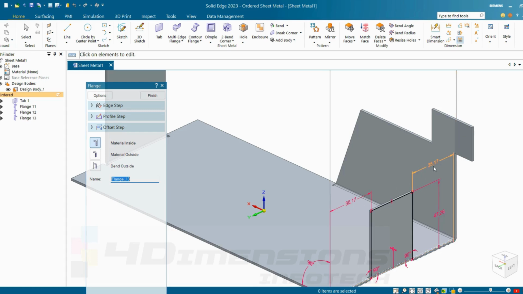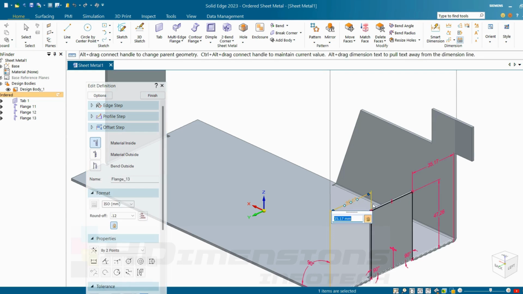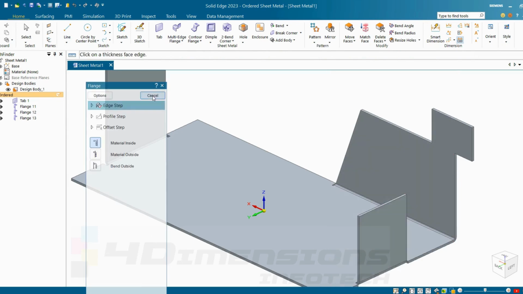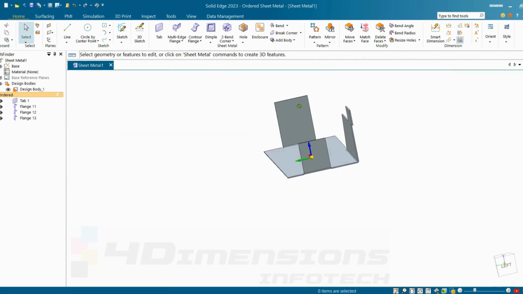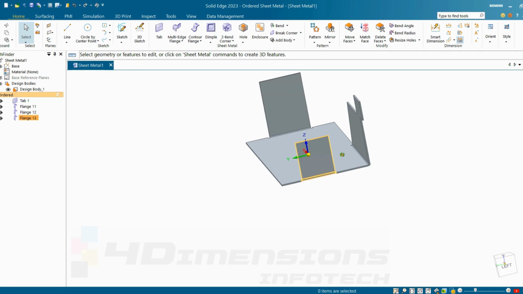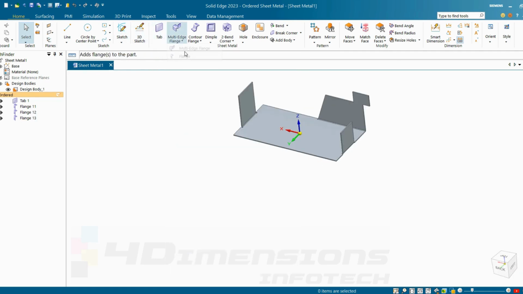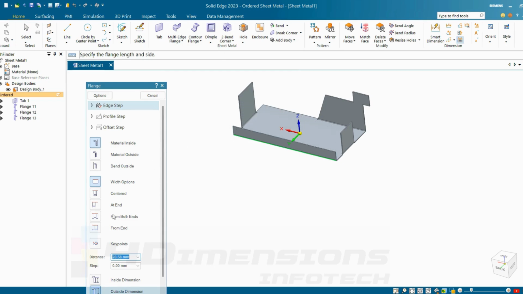We can increase or decrease the values at the ends here. So if I want to change the value and say as 25 and I will say this value as 40, I can change the values. Say finish and cancel. So this is the main difference between these two flanges, that is center flange and flange from both the sides. I'll select here the flange option again, click on the option and lastly we have from